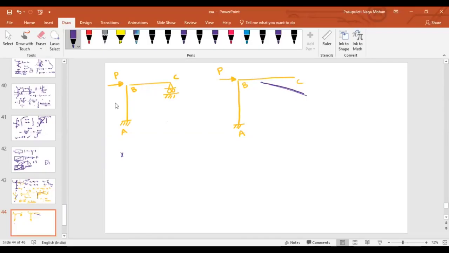That means, what about in the member BC? Will it deflect or it won't deflect? Just think about it. How can I proceed or how can I solve this? Horizontal deflection will be there, sir. Horizontal deflection at B will be, that is obvious. That's for true. But